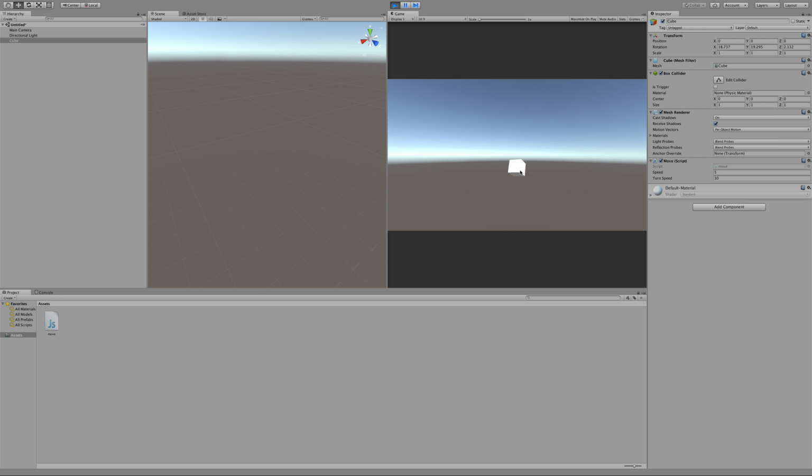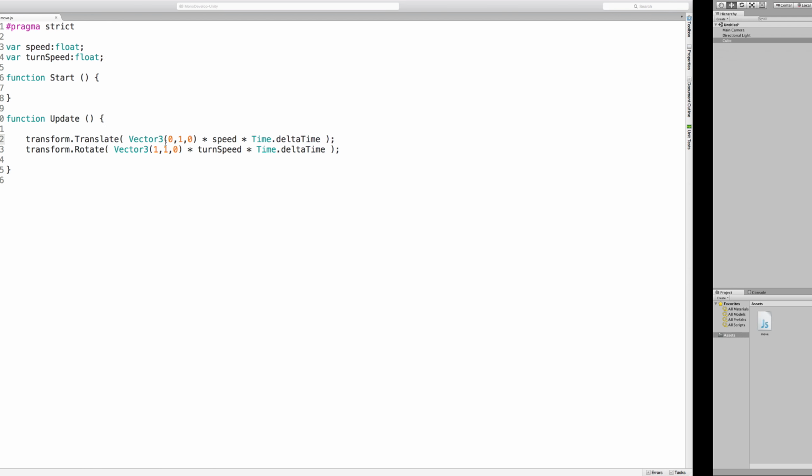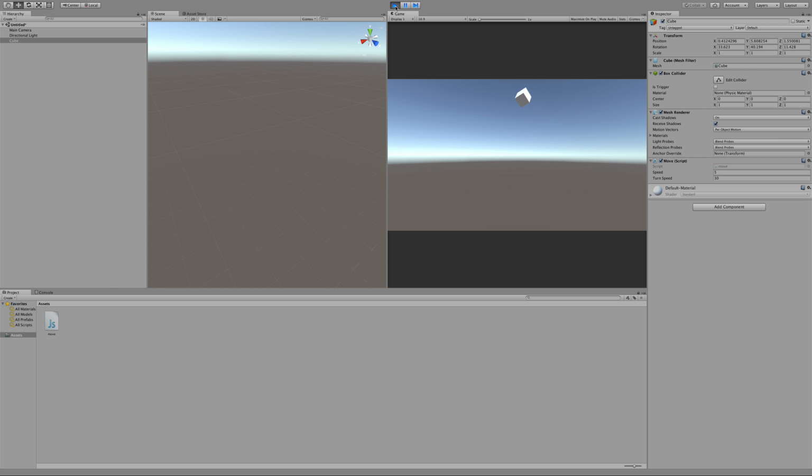You can use this for power-ups and different kind of visual elements in your scene. You can even attach this to a directional light to get a cool night and day cycle. So there's a lot of cool things that we can do by rotating with code. Now whenever I translate back, here's where we're going to see something really bizarre. We hit the play button and it's going to do the translate and the turn at once. And what that does is creates this really strange kind of floaty animation where this thing is just kind of